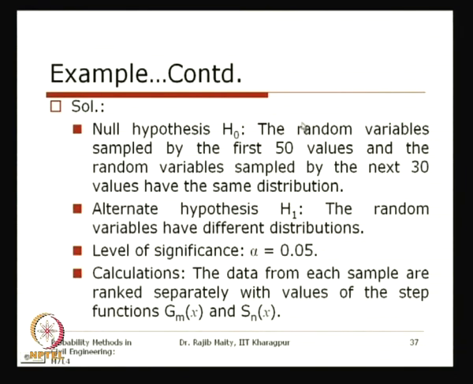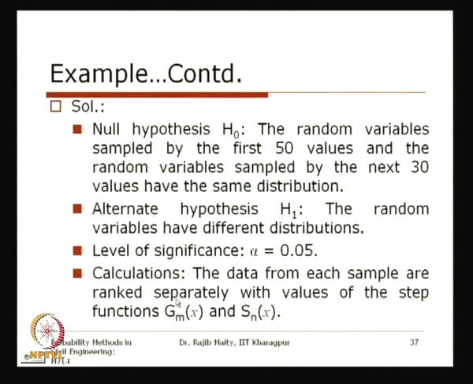So the null hypothesis is that the random variables sampled by the first 50 values and the random variables sampled by the next 30 values have the same distribution. And the alternative hypothesis is that the random variables have different distributions. So whatever we have hypothesized in the null hypothesis is not valid. The level of significance here is 0.05, and the calculation that we have to do is that the data from the